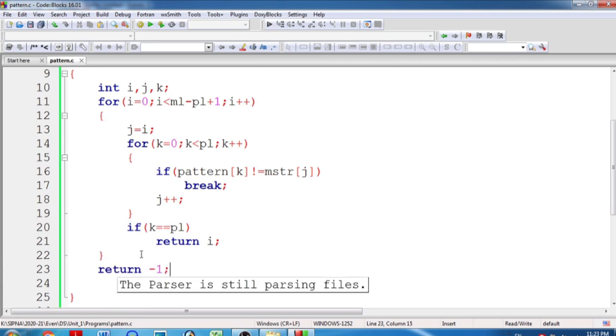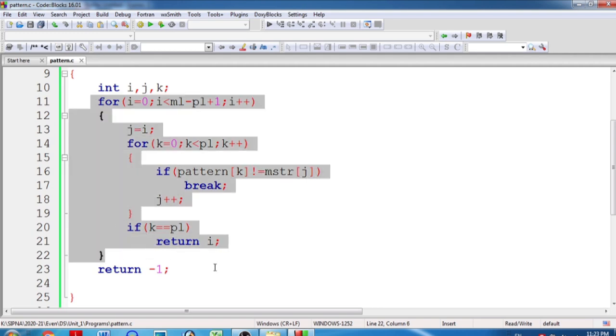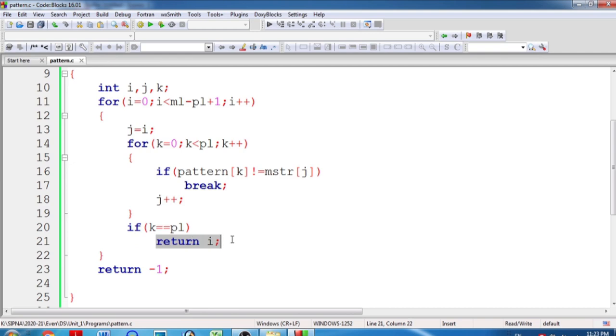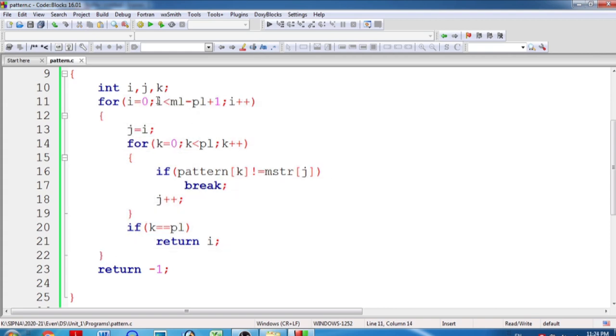If the return is executed, the function ends there. This for loop will end because of two conditions: either this condition is true, or this condition is false.